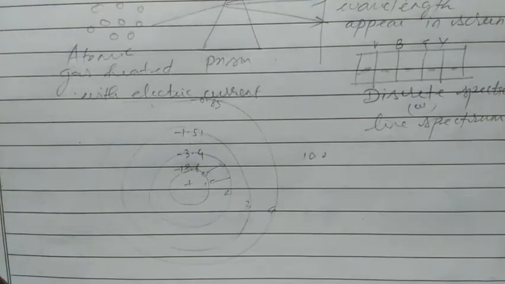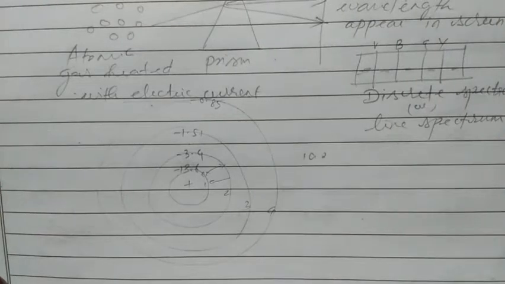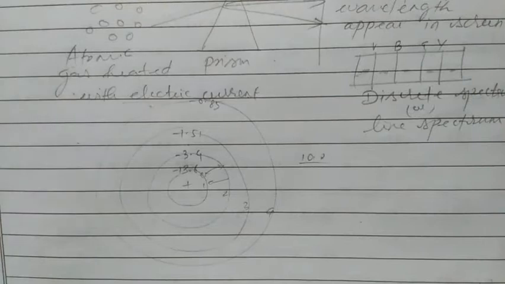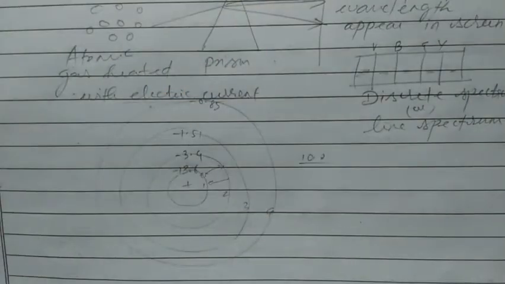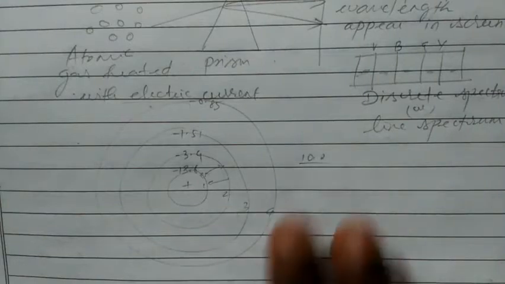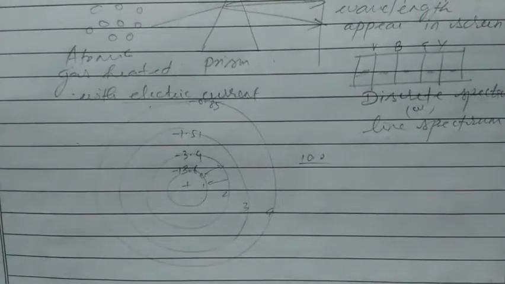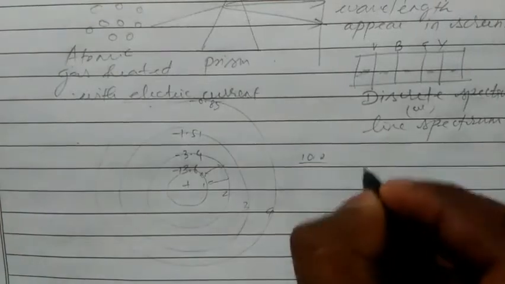Again it is coming to its original position. So again it comes to original position by absorbing or releasing some energy which is equal to the same 10.2. So this 10.2 energy is hitted on the prism. Okay, so this much of energy hitted on the prism, and which emits various energy levels, various spectrum lines. So this energy is nothing but which is also related with